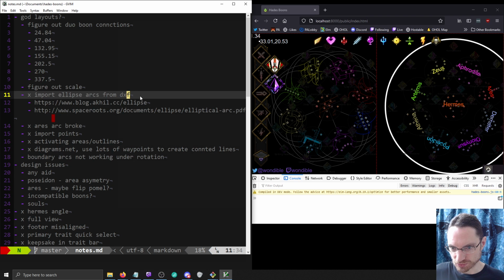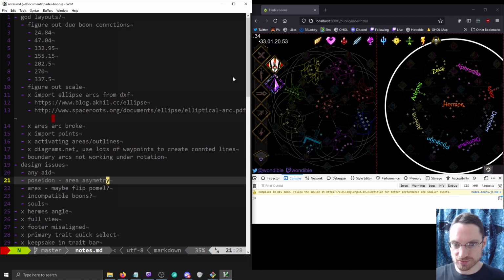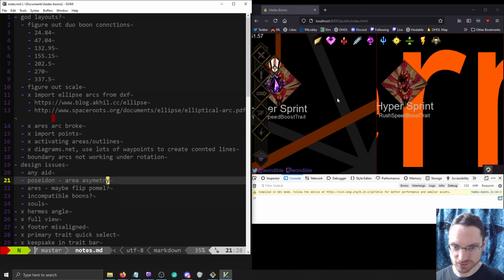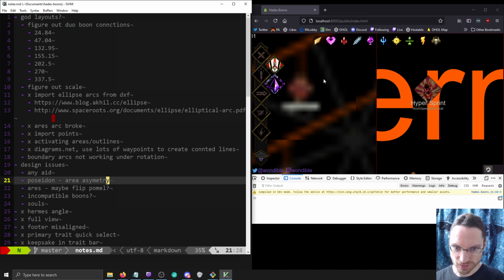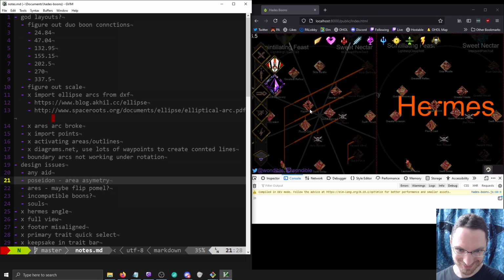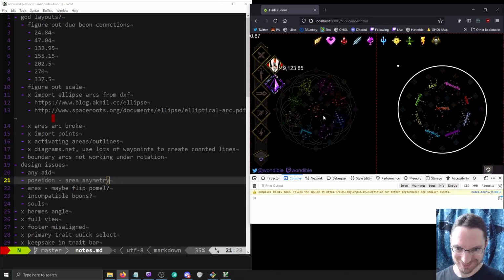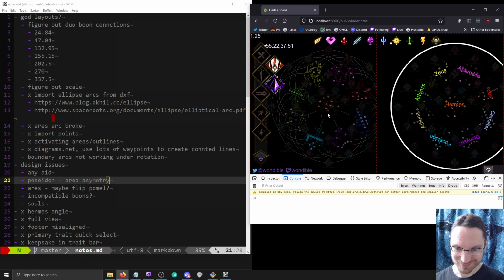But yeah, the canvas version right now actually looks worse. The problem is when SVG looks really worse. Alright, so short of doing that,